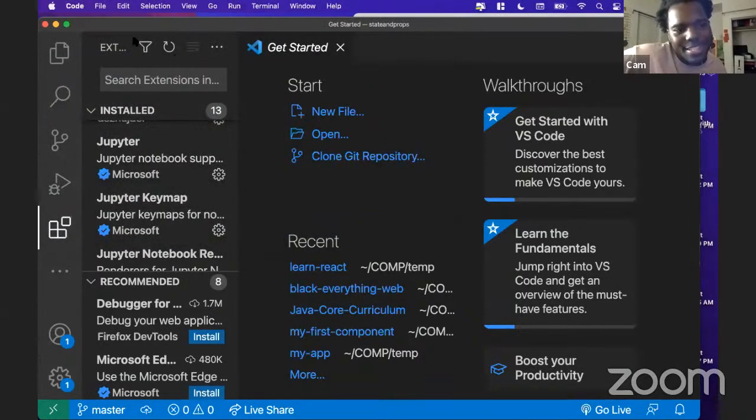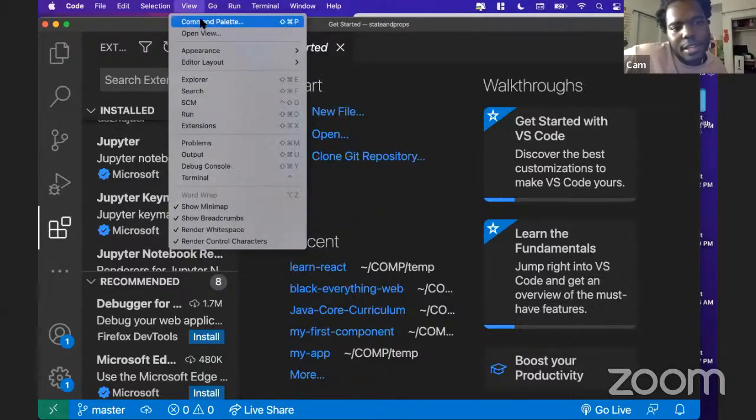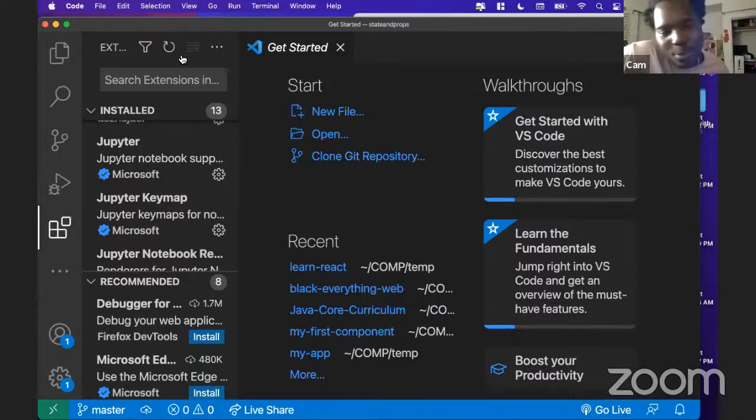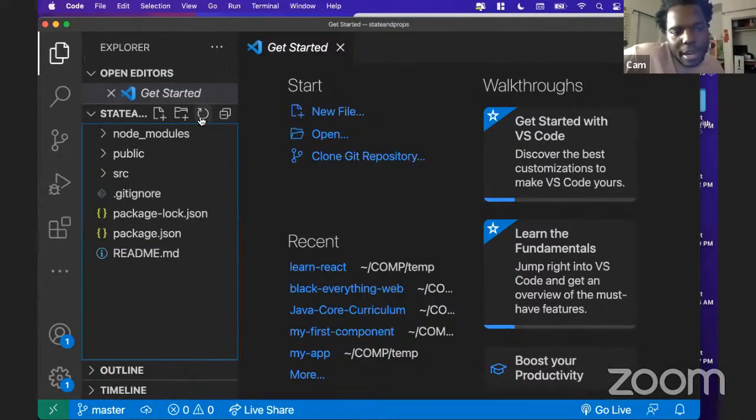So yeah, it's not an extension. It's actually the command palette, which is under View. But yeah, that's an aside. Just wanted to point that out for people who might be curious about where that's coming from. But anyway, now that I got the project open in VS Code,